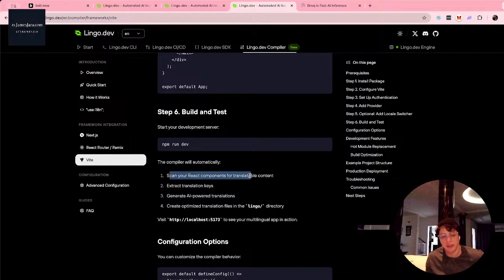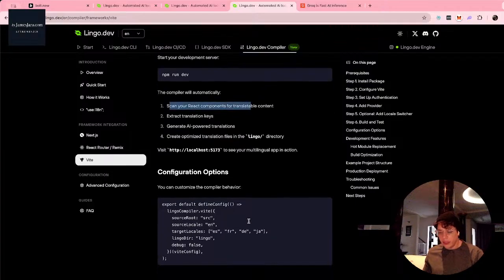This is scanning the files. On the build process, it is scanning the files, querying the API from Lingo, extracting the translation keys, generating the translations at build time, and returning a distribution file, like the compiled JS files with the new translations. So per each build, we will have a request to this service, and this service will return the mapping. I really don't like this way, because I have been trying several systems, like the popular ones, but